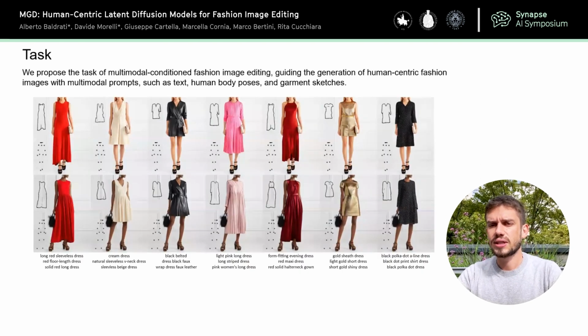The multimodal fashion image editing task consists in guiding the generation of human-centric fashion images with multimodal prompts such as text, human body poses, and garment sketches. In the figure, you can see an example. Each row features a model, each column a text constraint, and each element has a different sketch and pose to guide the generation process. As you can see, our method is able to automatically edit the garment, producing a realistic